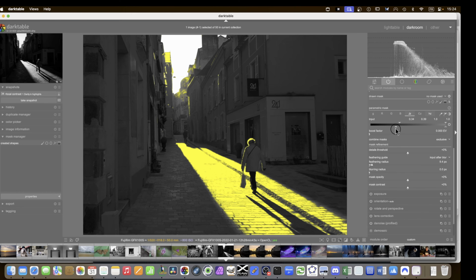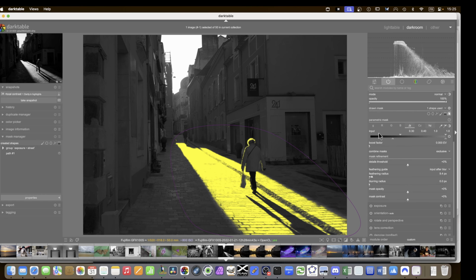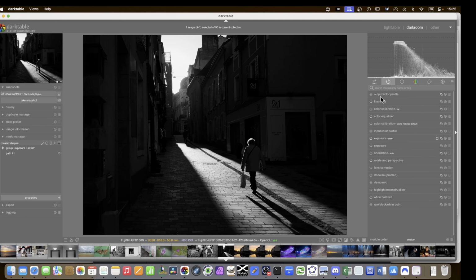Maybe like that. Now, you might have noticed this in my previous videos, but I'm actually not too bothered about getting pixel perfect masks. I find it, most of the time, a waste of time. I will, however, use a drawn mask just to avoid doing unwanted things up here in the sky. And I have actually quite a good mask there. And now the mask is made, what do I want to do with it? Well, I want to